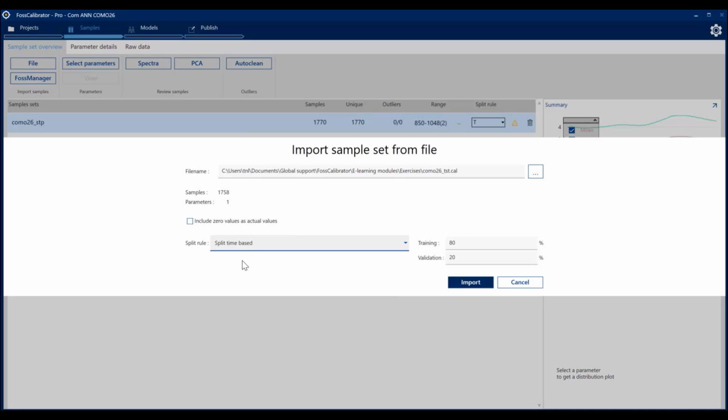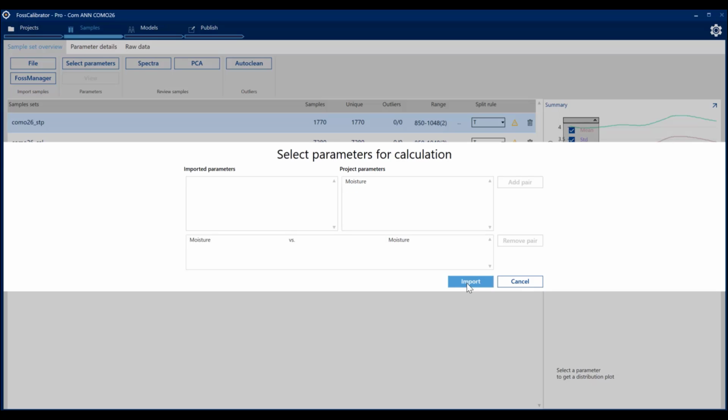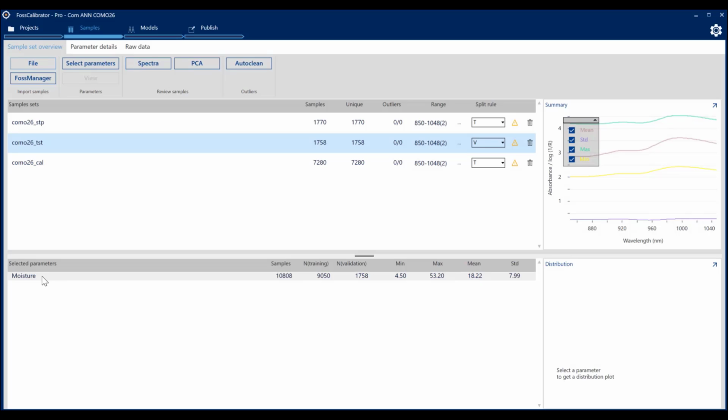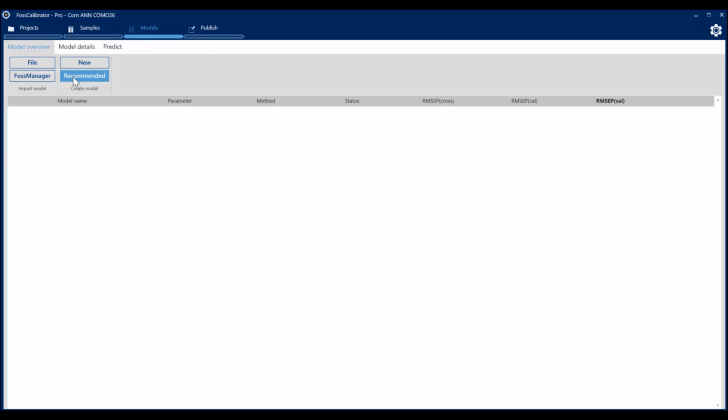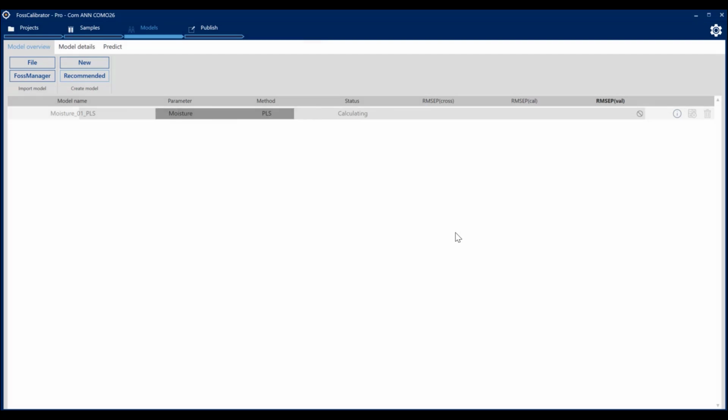And the test set for validation. So as you can see, we have 9,000 samples for the training set and about 1,700 for validation. So now we go directly to models. Let's do a PLS calibration just to have something to compare against. Skip the outlier model now. Click OK. While that's going, we can